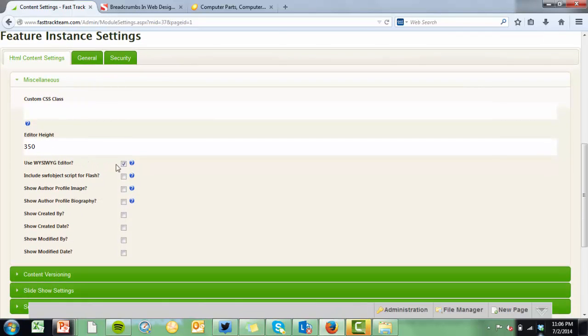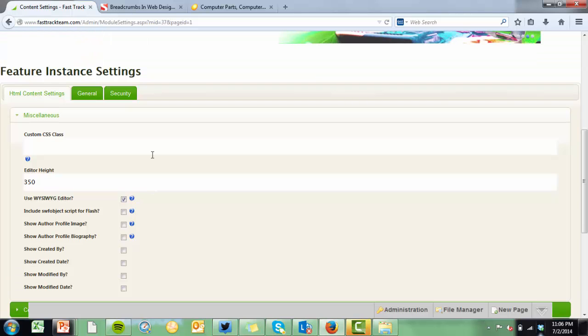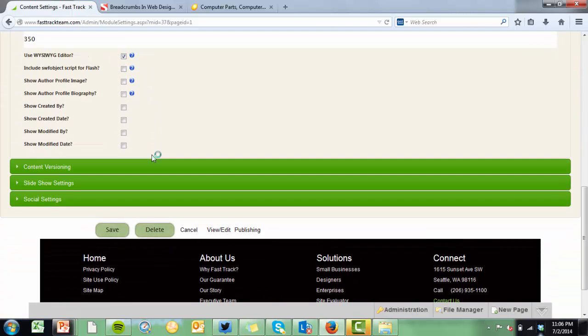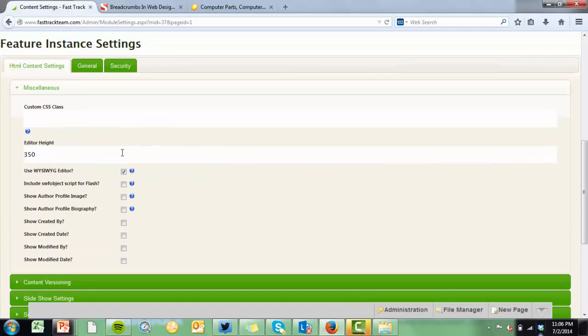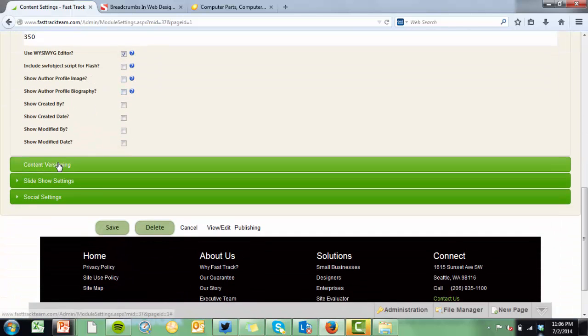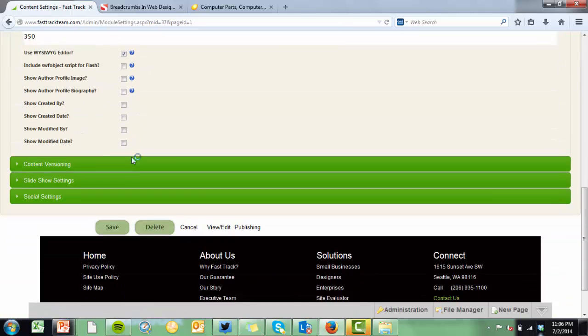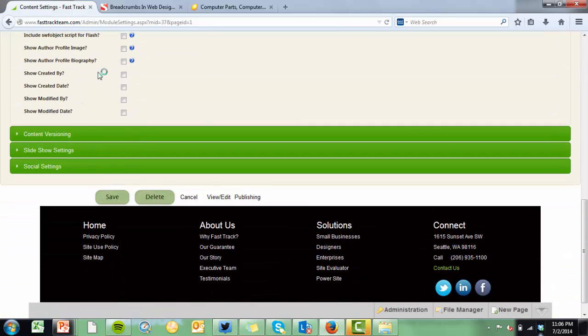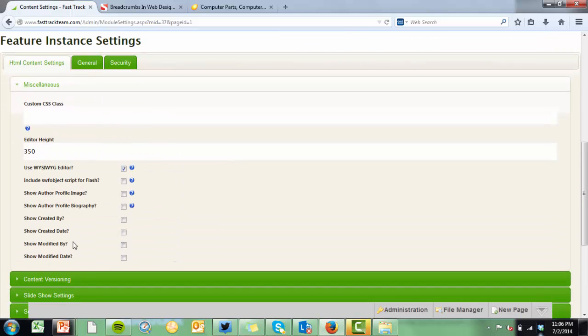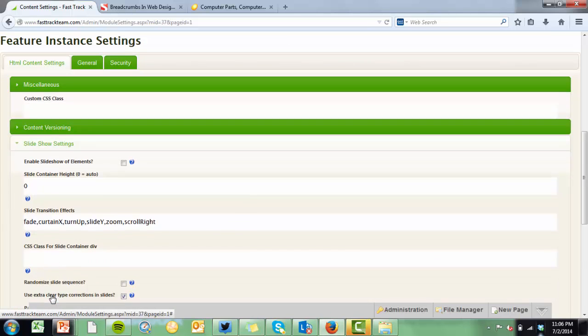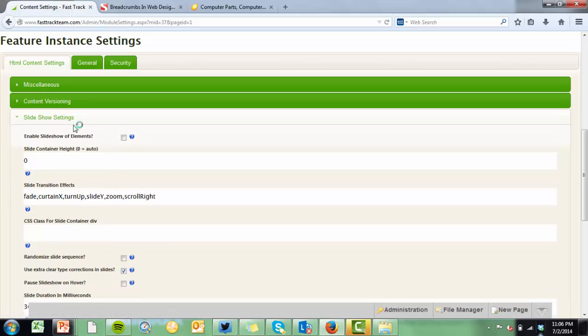different options, like what sort of editor, like what you see is what you get. So basically that means whatever you type into the space or put in the space is what's going to appear when you save your work. And this just so happens to be an HTML content piece. So there's different things like slideshow settings, if it is indeed a slideshow, and you can change the transition effects